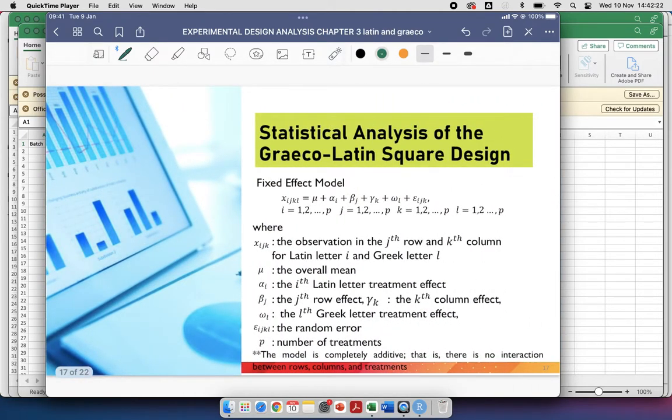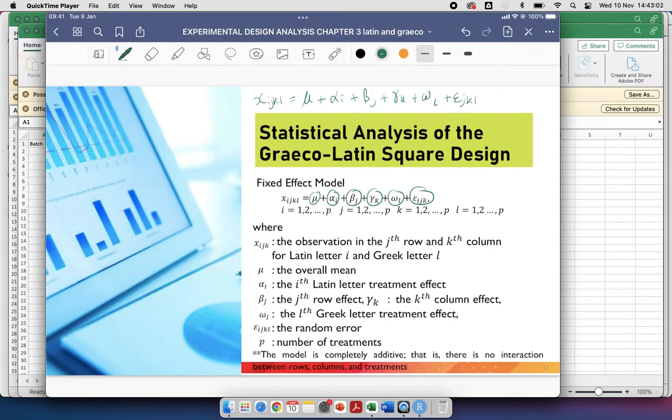Okay, this one is the model lah. Okay, so model dia akan ada IJKL. Yalah sampai L lah. Okay, ni adalah overall mean. Ini adalah you punya treatment. Ini adalah nuisance factor pertama, nuisance factor kedua, nuisance factor ketiga. So, ini adalah random error. So, kalau kita nak tulis based on our example just now, dia akan jadi X_IJKL equals to mu plus alpha_I plus beta_J plus gamma_K plus omega_L plus epsilon_IJKL,